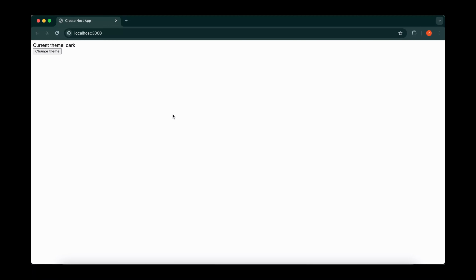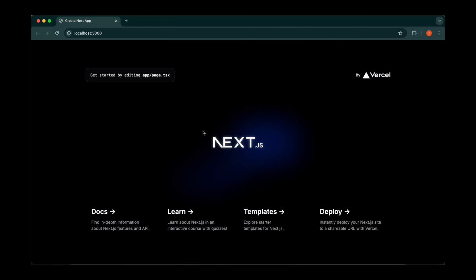As part of this tutorial, we will create a very basic app with two components. One component to display the current value of theme, and one component to update the value of theme. And this theme value is coming from the theme context. So let's get started. All right, so here I have this very basic Next.js app up and running in the